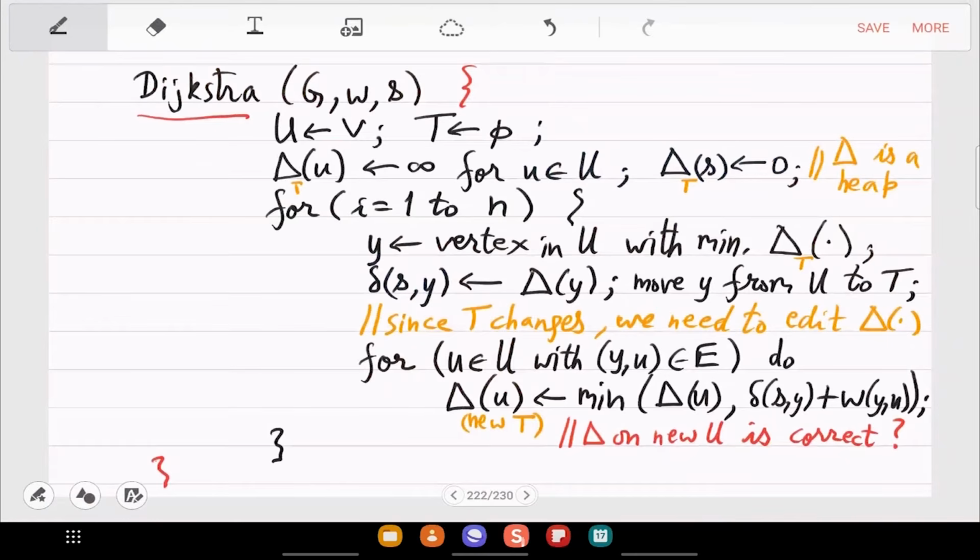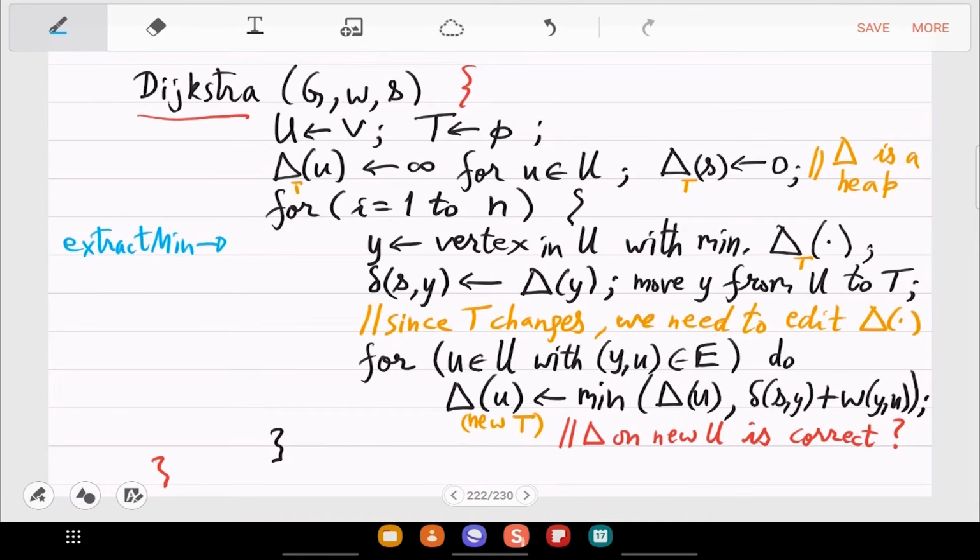So this is extract min here. Extracting the min delta from the heap is extract min. Then how do you move y? Okay, that is not with the heap.